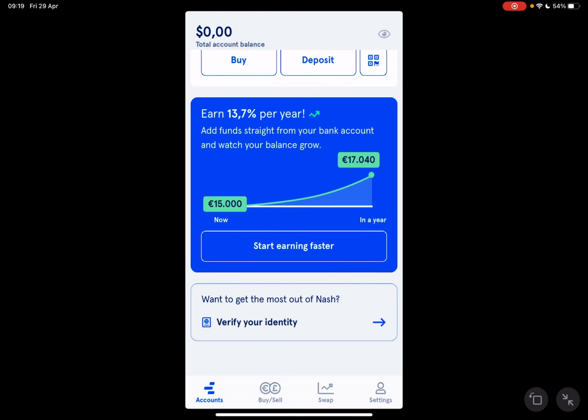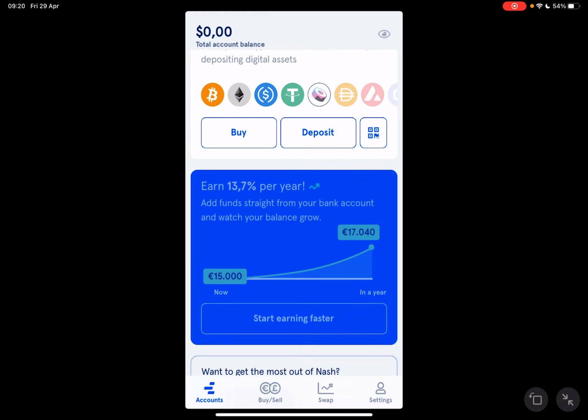Below that, you can see some earning possibilities where you can earn interest on your cryptos. I've made a few videos about that, so don't forget to check them out if you are interested in earning interest